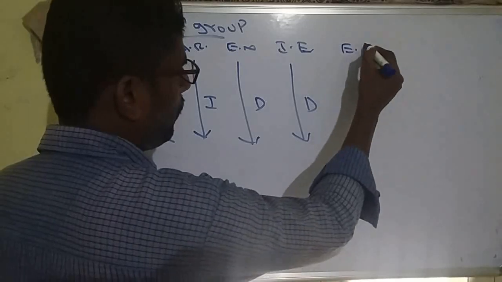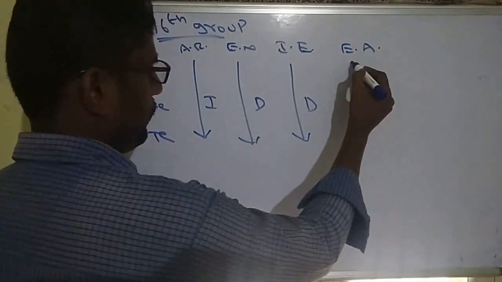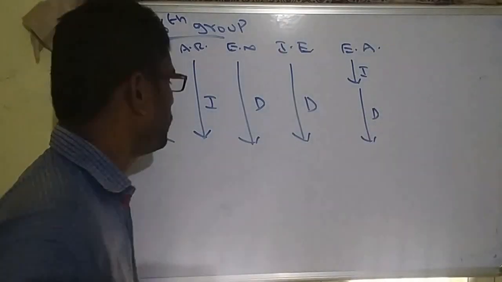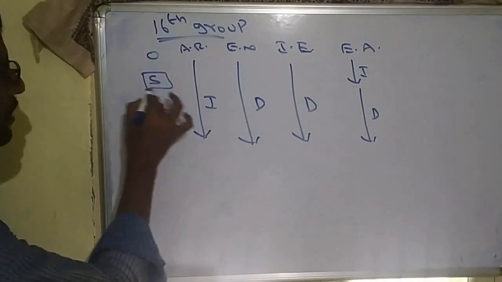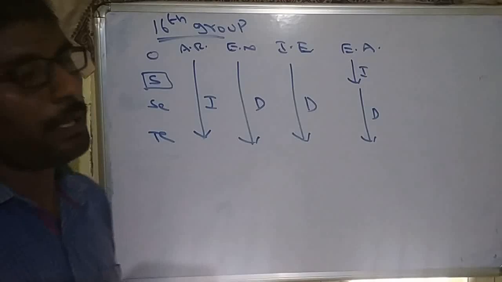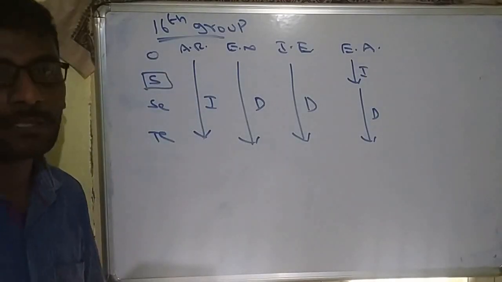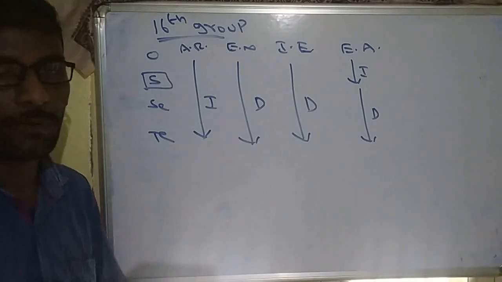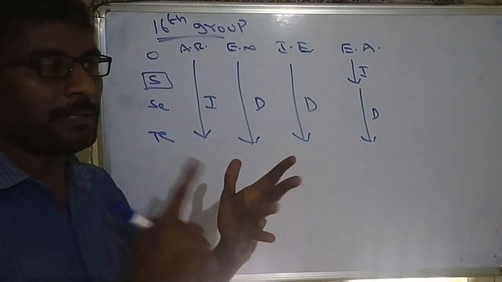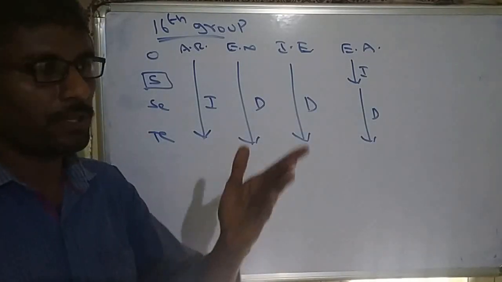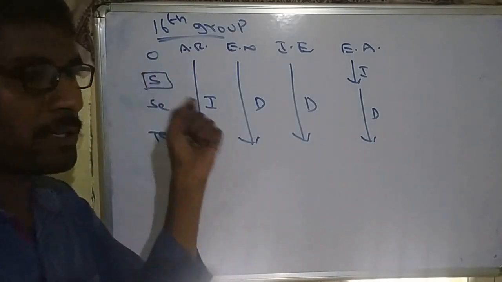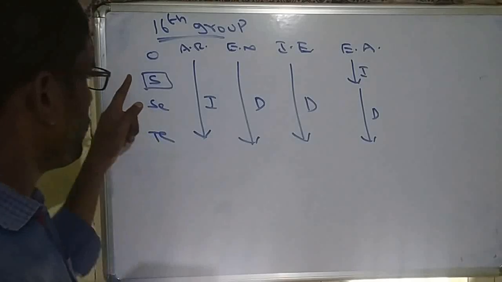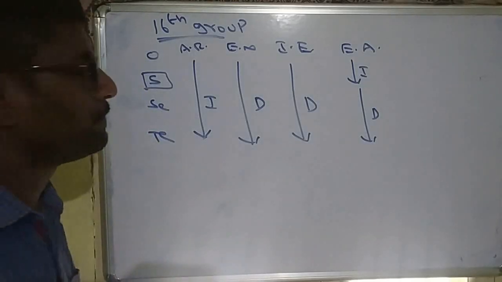Also electron affinity: first to second increases, remaining decrease. I already told you, the second element always exhibits high electron affinity due to the small size of the first element, or due to inter-electronic repulsions. In which groups is it applicable? 15, 16, 17. In these three groups, the first element will show less electron affinity than the second element. So the highest will be sulfur, second will be oxygen.